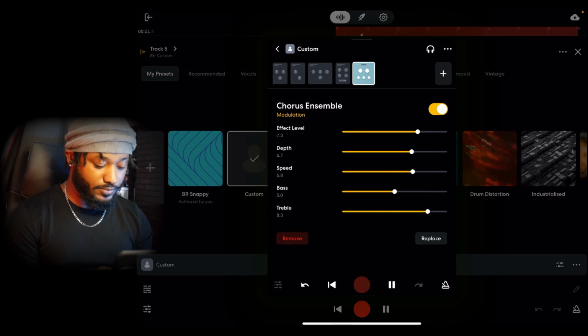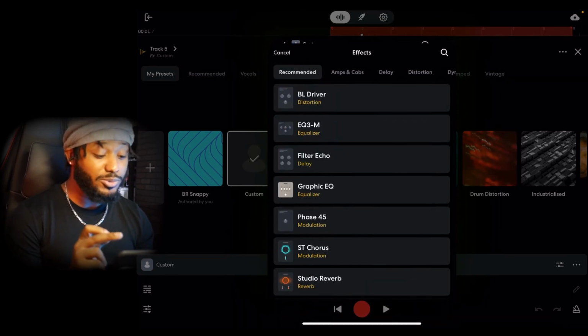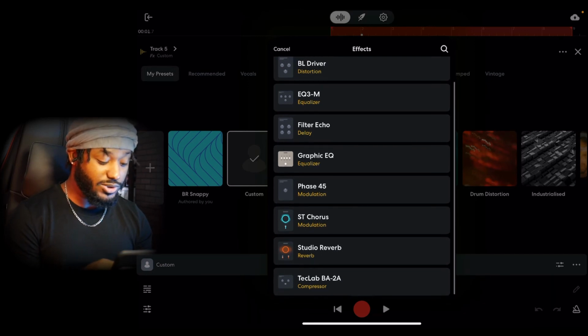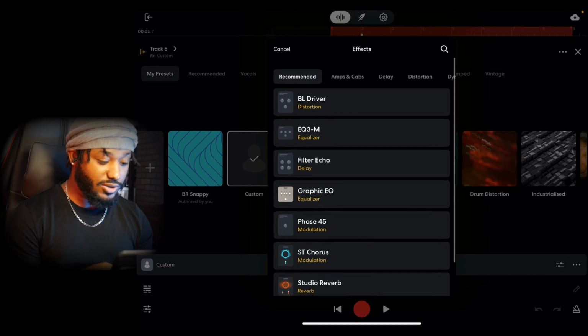A dream. And if you add multiple chorus effects, you can actually get a really, really cool sound. So let's add another